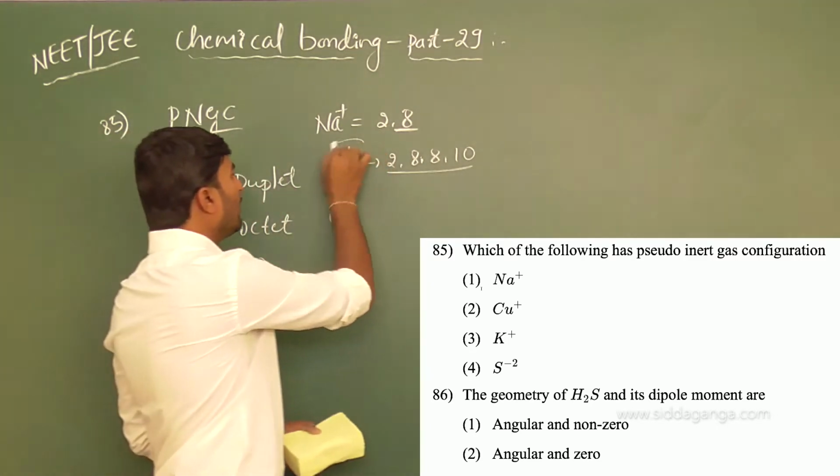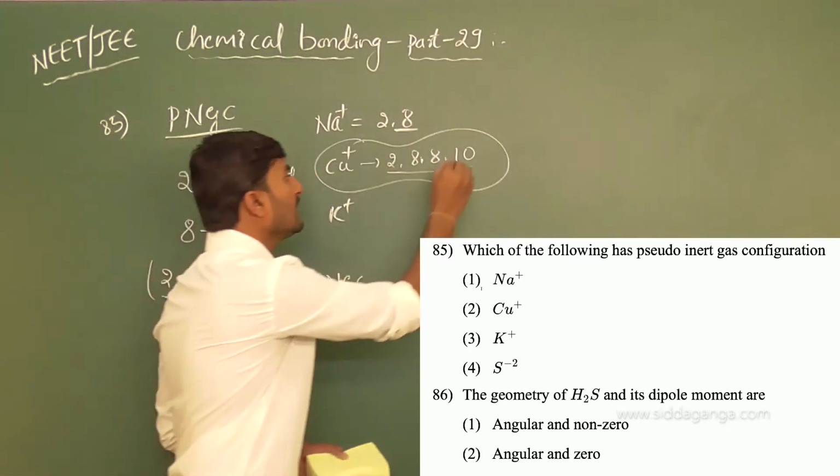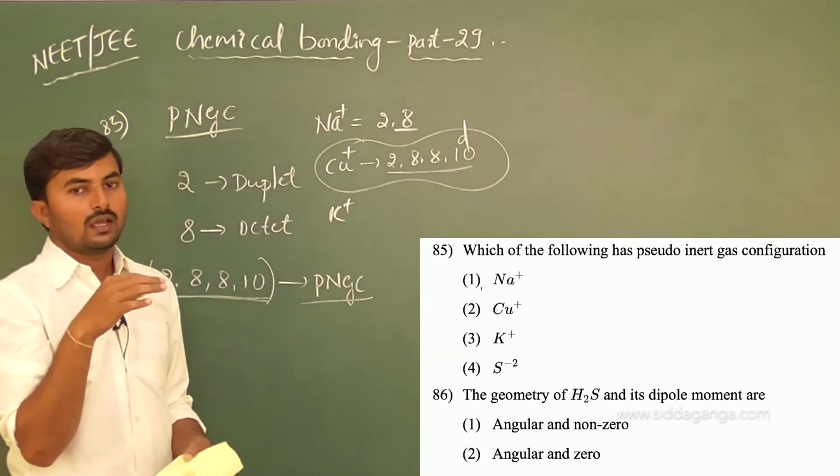But the only element having 2, 8, 8, 10 configuration is, that means D orbitals